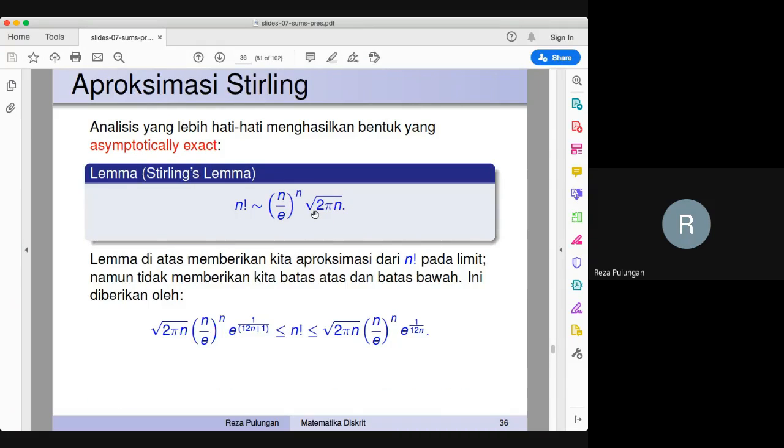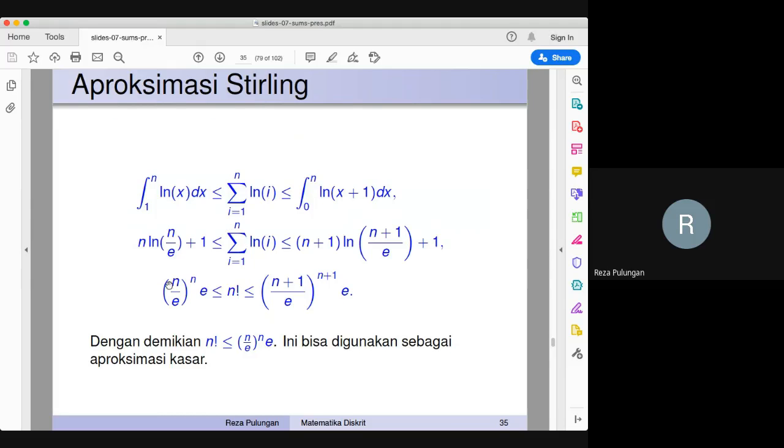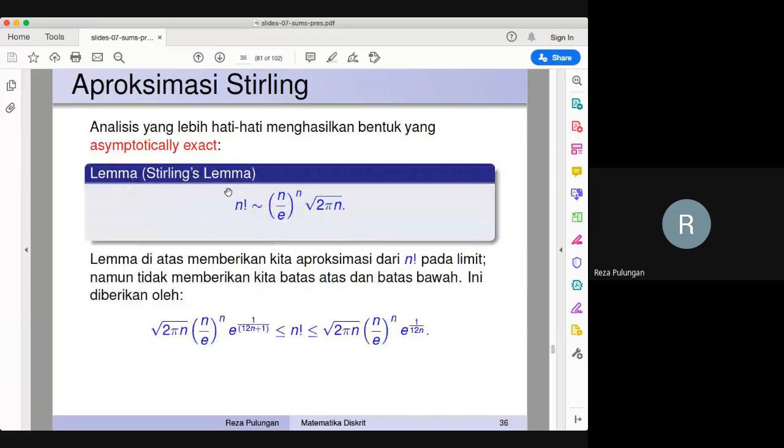This is a little bit different from our result here. Our result here is a standard one obtained by using the integral method. This is pretty advanced. There are many things that we have to learn first to be able to prove Stirling's lemma. So that's it. I will not be able